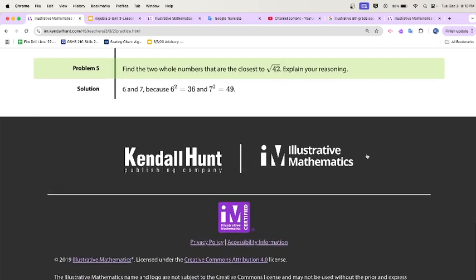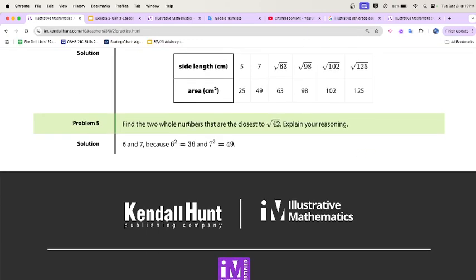Okay. And number 5, the last one, says find 2 whole numbers that are the closest to the root of 42. And that's where you look at, okay, 42 is a square. What other perfect squares are a little bigger than 42, like 49, which would be 7 times 7, and a little less than it, which would be 36, because it's 6 times 6. So the 2 whole numbers would be the 6 and the 7 that are closest to the actual root of